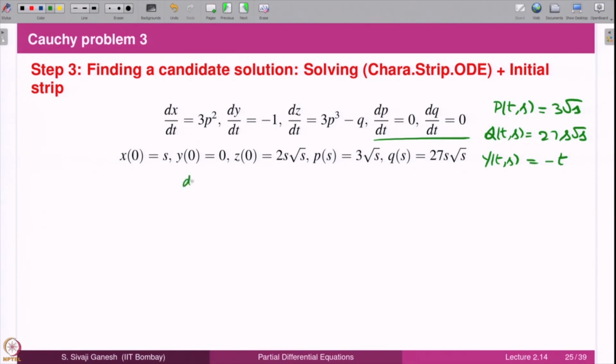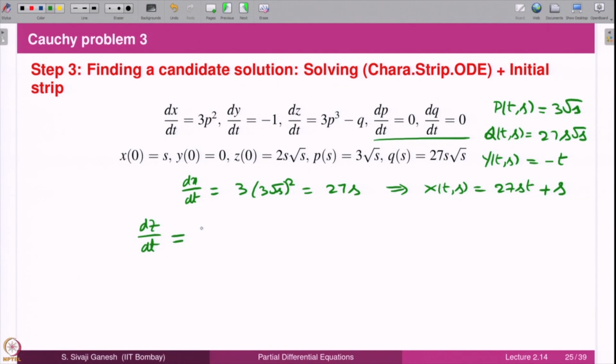So, dx by dt is 3 p square, that is 3 into 3 root s whole square, that is 27 s. So, therefore, that implies x(t,s) is 27 st plus constant. So, when t equal to 0 I want it to be s, therefore, that must be 27 st plus s. Now, let us go to dz by dt,